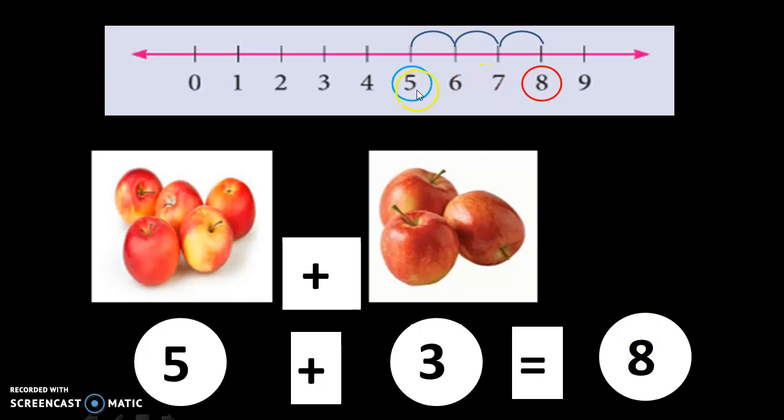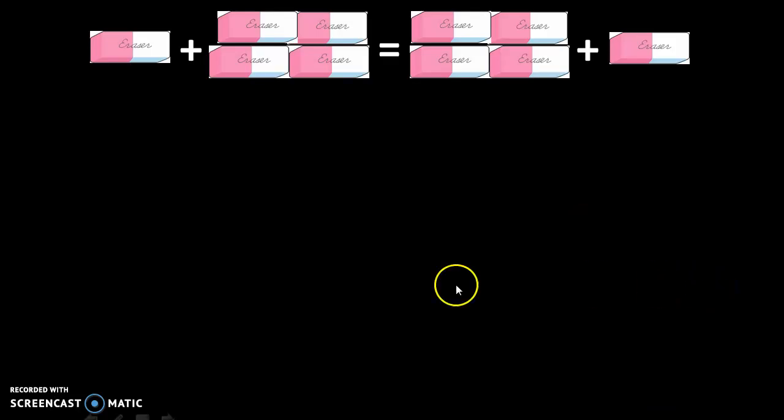So this is what is skipping or using number line we are counting. We will start with 5 and skip 3 numbers, that is 1, 2, 3, and you get 8 as our answer. The first number we will be starting with, and the second number we will be counting the number of times. So here 3 is given, so 3 times we are skipping one by one. Then we get the answer 8. That's it.